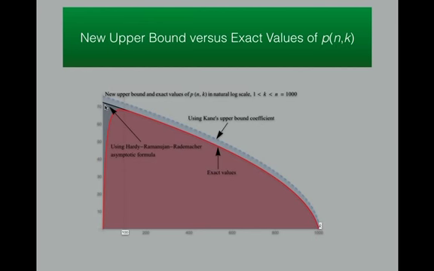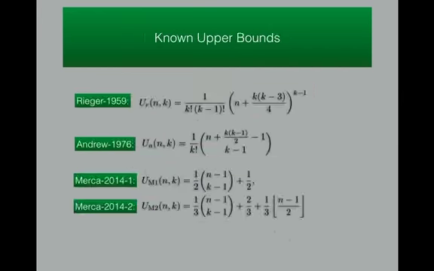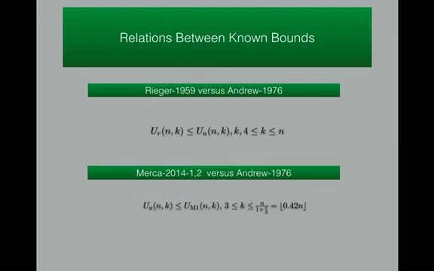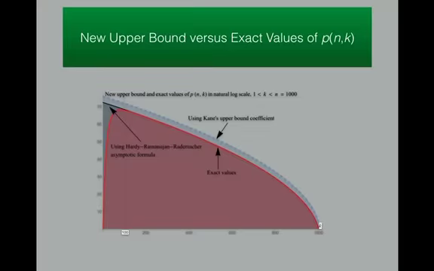Nonetheless, you can see that that asymptotic formula, with N replaced by N minus K here, gives us a curve that is basically hugging the exact values of P